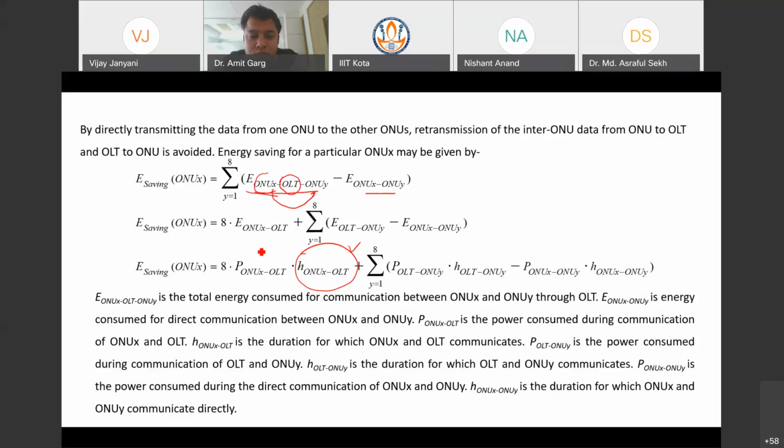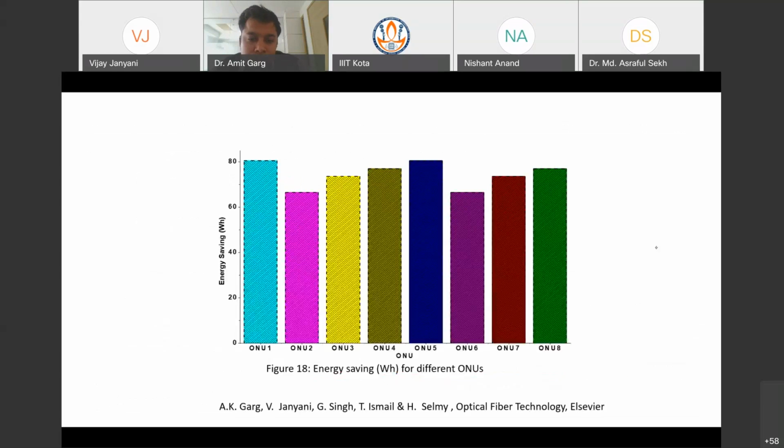And then if you multiply it by the hours, you can get the saving in the energy. So this is the duration for which the OLT and ONU communicate with each other. So again, a significant amount of energy is saved just because we are not using the resources of the OLT. Of course, as I said, practically it may be slightly less. If not 80, it may be 60, but even then there is a saving in the energy.